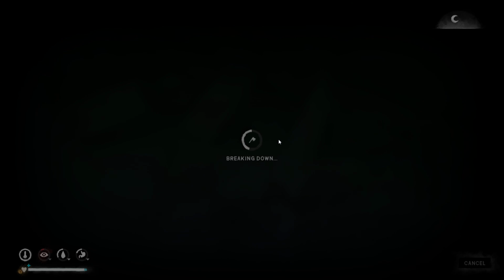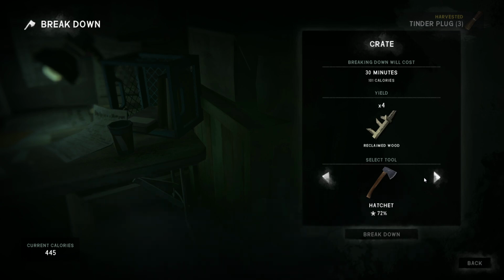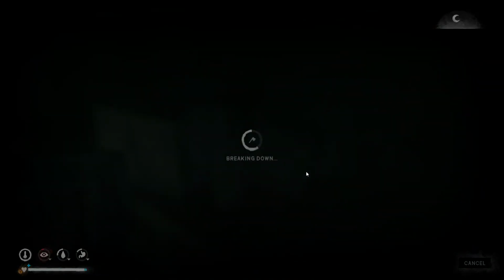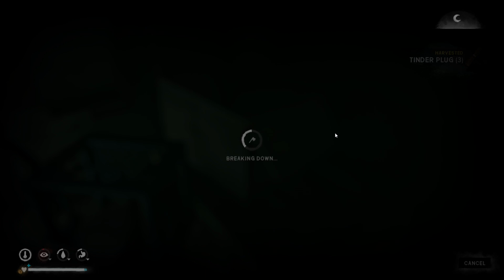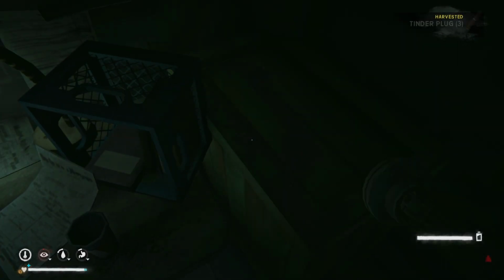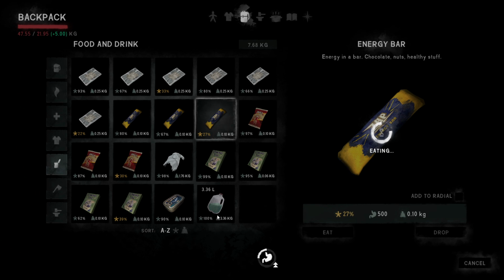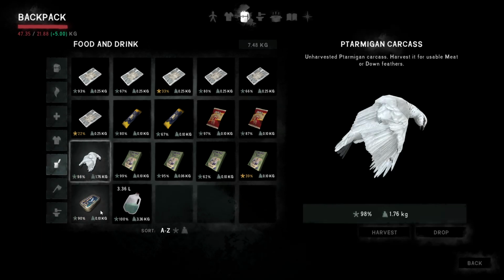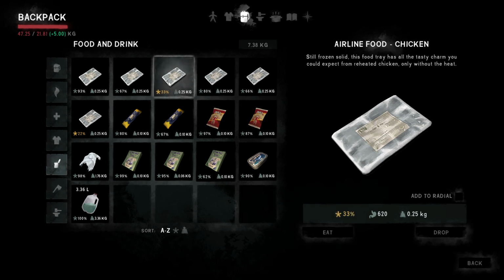Let's break down what we can by hand. God, I could eat a horse. Getting a little hungry, but we just found a mother lode of food, so I'm not too worried. Leave the low condition stuff first. I would drink almost anything about now. Because if we do get food poisoning...